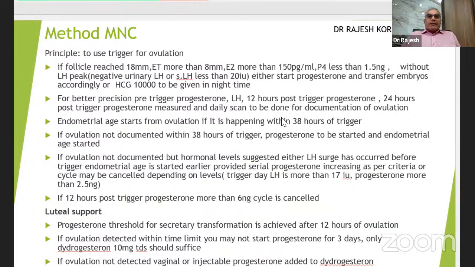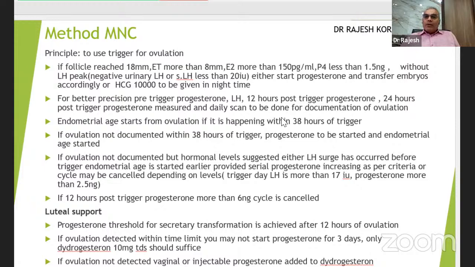Now about the modified natural cycle. The principle is to use a trigger for the ovulation. So if the follicle has reached 18 millimeter, E2 is more than 150, and P4 is less than 1.5 nanogram without LH peak. Now we know what an LH peak is. Either start progesterone and transfer embryos accordingly, or give hCG 10,000, but that is to be given at night time. For better precision,